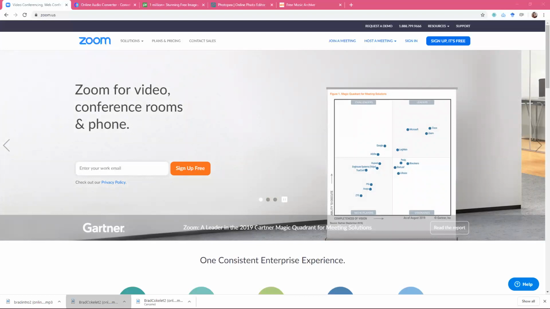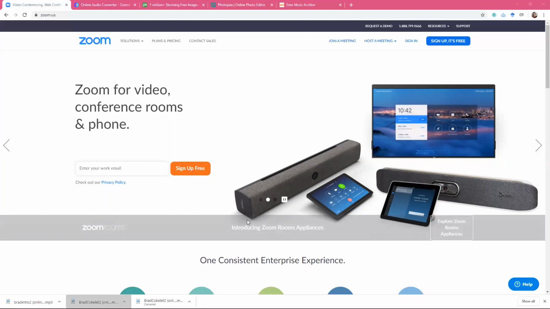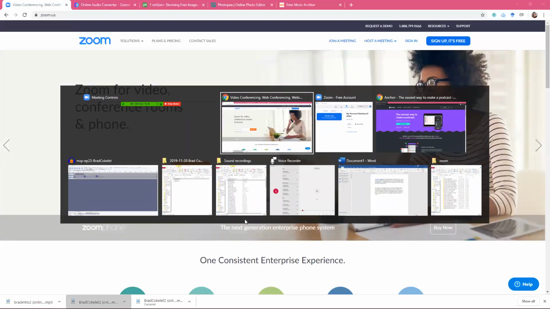It has an option to click record. You can record just the audio, which is what I usually do to conserve bandwidth, or you can record video as well. And then, when you exit the meeting, it will